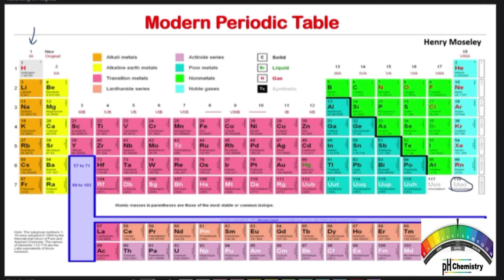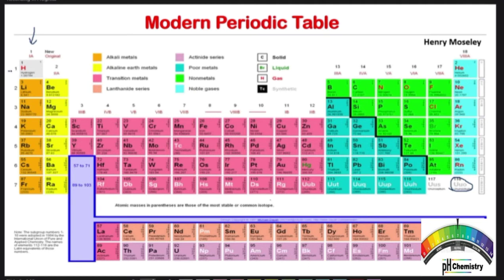Okay, you can see here all the elements are arranged according to their atomic number. They are periodically arranged, so the name is periodic table. Okay, so hydrogen atomic number 1, helium, lithium, but these are not arranged as such, means all the atoms present together have some sort of similar physical or chemical properties.